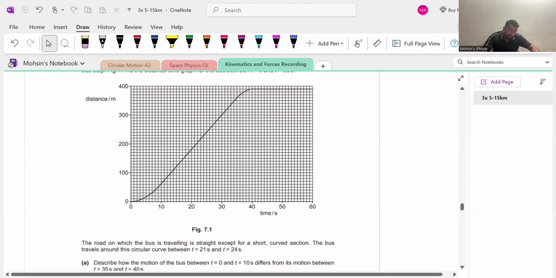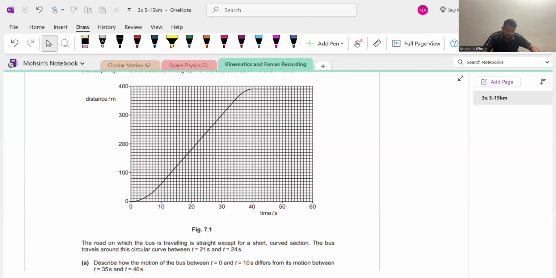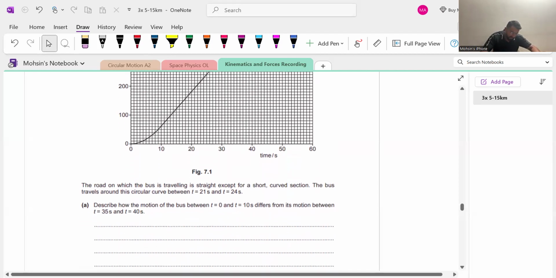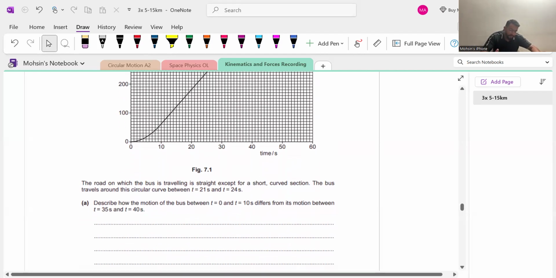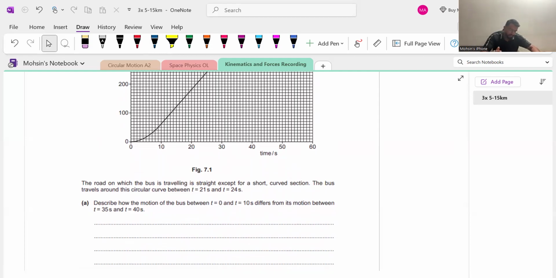Okay. The road on which the bus is traveling is straight except for a short curved section. The bus travels around this circular curve. Circular curve is important here. We will understand it later. Why? Between time 21 to 24 seconds. Describe how the motion of the bus between 0 to 10 seconds differs from its motion between 35 to 40